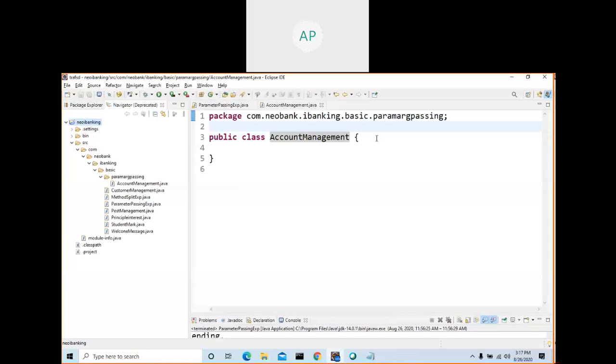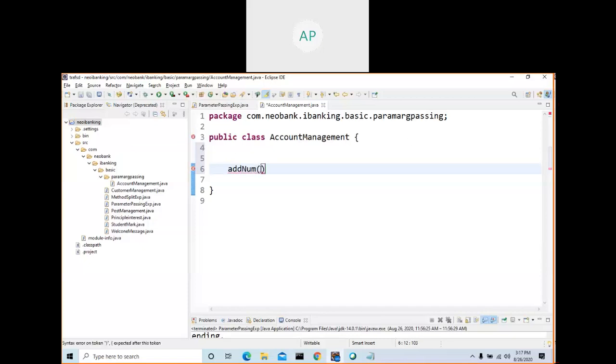Okay, anyway. Now create a method which will accept two or three parameters. In our case, we will go with three parameters. I'm going to create a method called add with three arguments, int or double, anything.